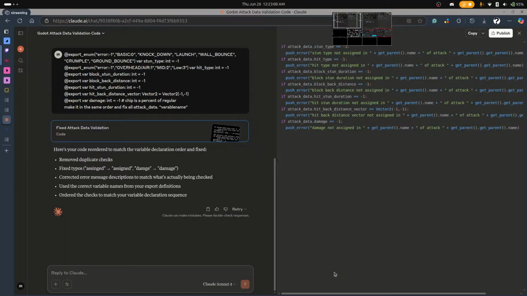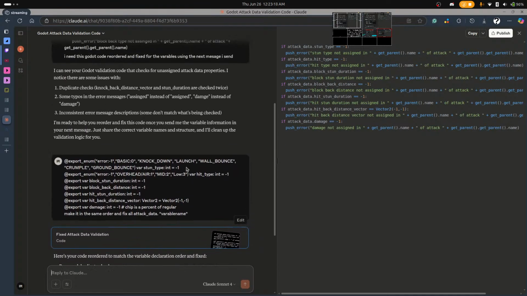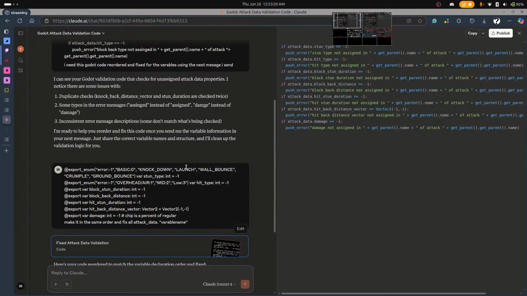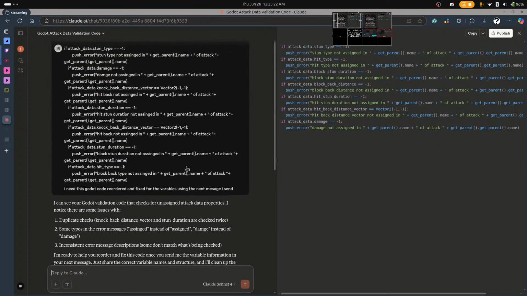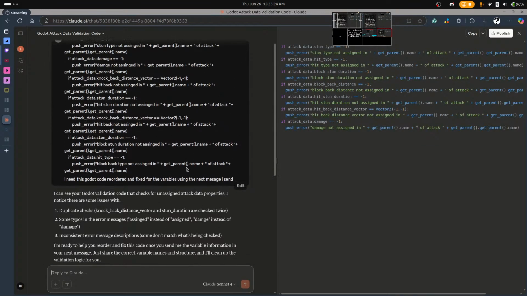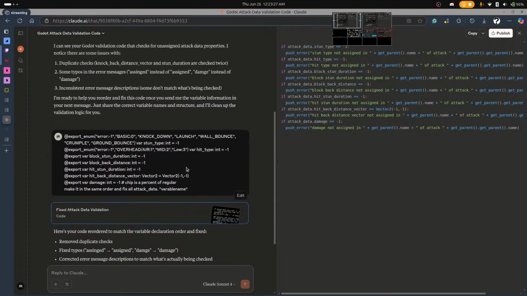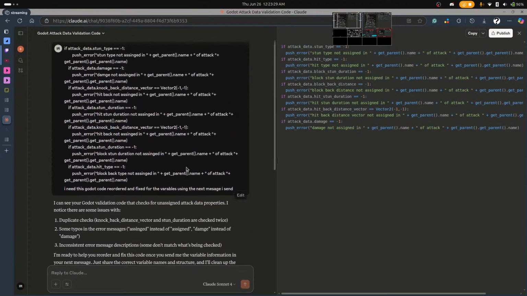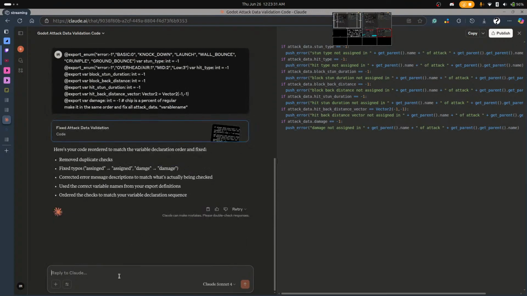Stun type, stun, block back, hit stun, hit back, damage. Reorder it to match.